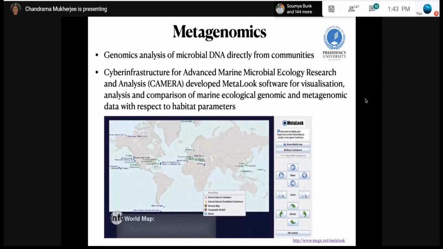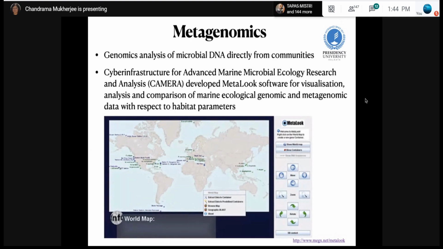Here you can isolate a mixture of organisms from natural resources, either soil or water or any source from the environment, and then directly sequence to get a mixture of all the different organisms present in that sample. This approach provides novel insights into the ecology, evolution, and metabolism of uncultured microorganisms in nature.